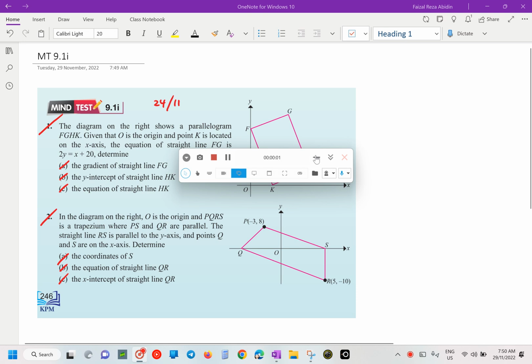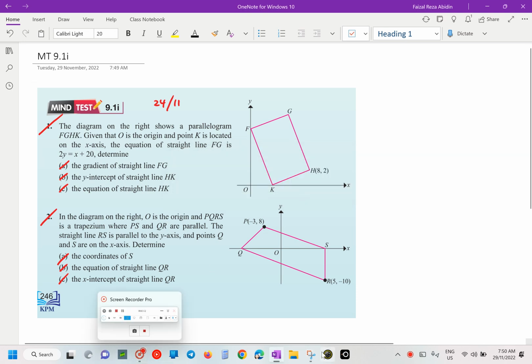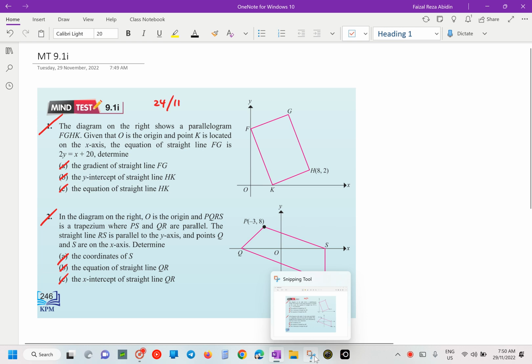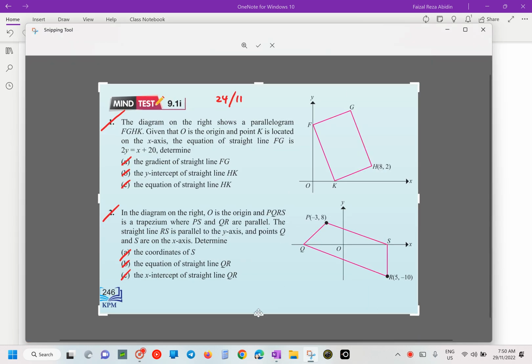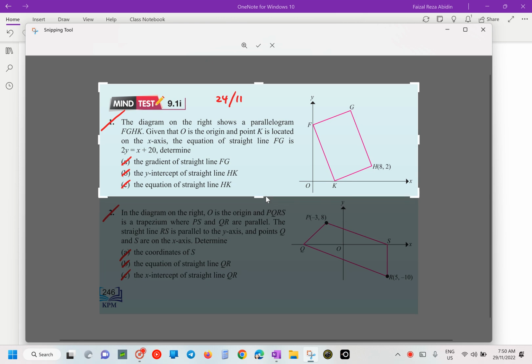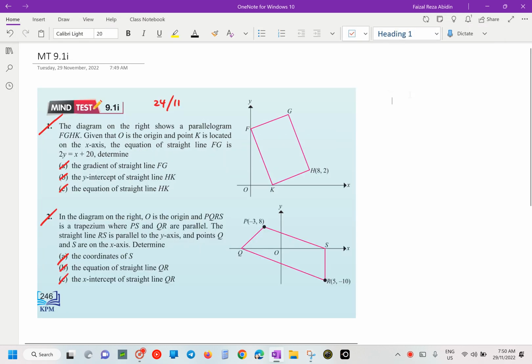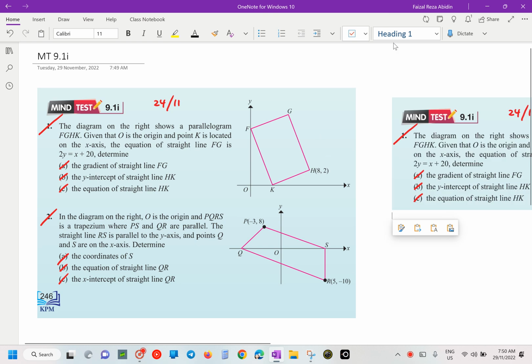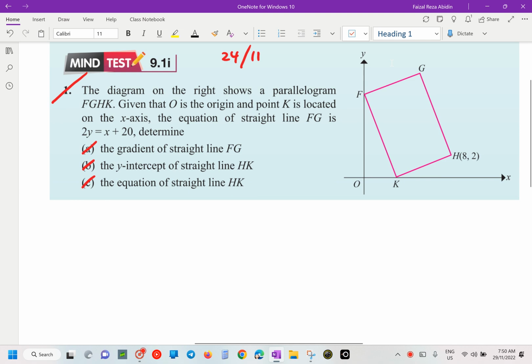Ask you to do in maths? Maths 1. Okay, we are going to discuss our mind test 9.1i, page 246. Okay, we are going to look at question number 1 here. So the diagram on the right shows a